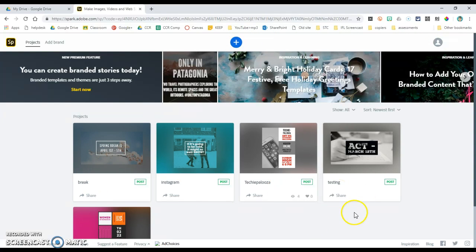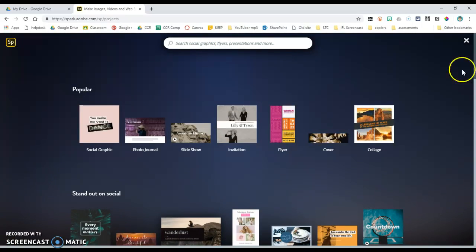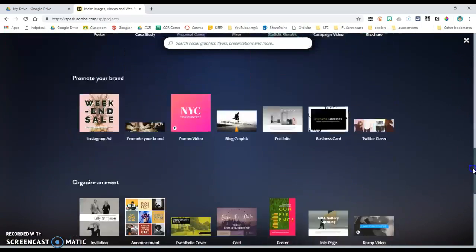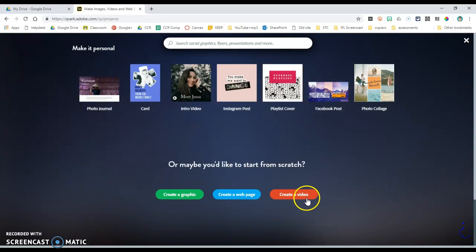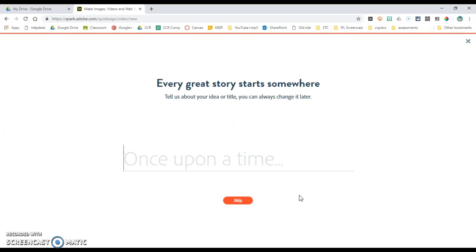I have created some things already, so that's why I see this down here. But the first time you log in, you may see a tutorial or something that you can skip. To create something new, you just click on the plus sign up at the top, and it gives you several things to choose from, but I'm going to start from scratch by going to the very bottom and clicking Create a Video. Now I give it a video title,